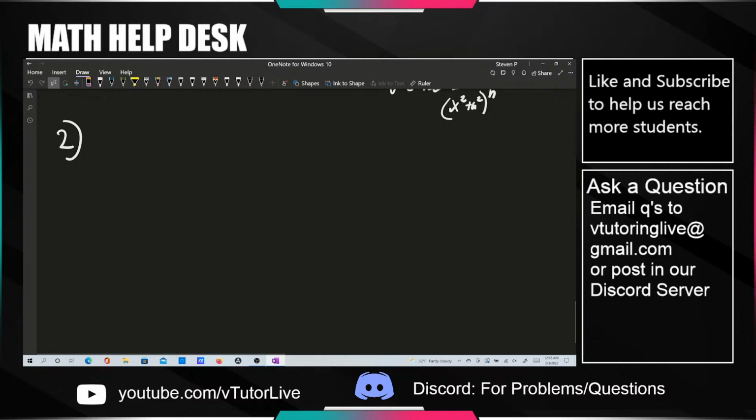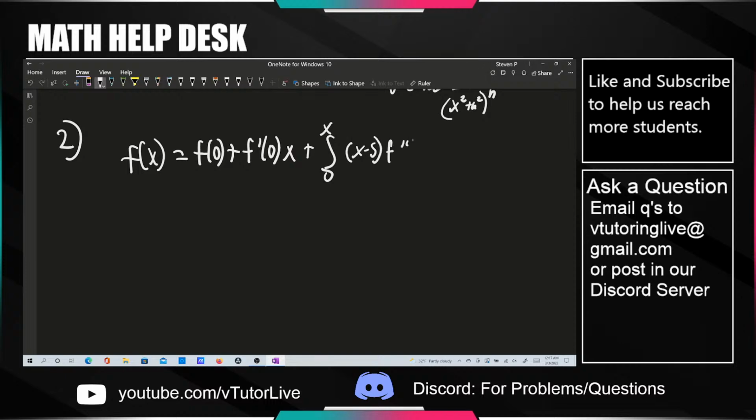Ah, yes, almost as involved, this one. So what I found for this was, I didn't even know that this was true. And honestly, I can't really visualize this very well. But what this is sort of saying, with x minus s times f double prime of s ds, is that if you have some starting point for a function, let's say it's twice continuously differentiable, let's say f at 0, then if you want to evaluate f at x,